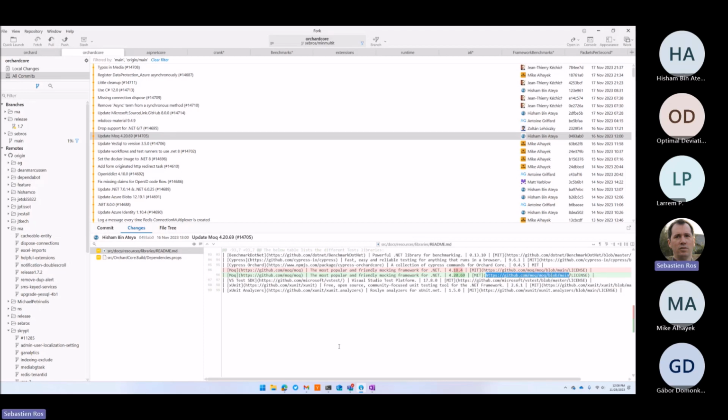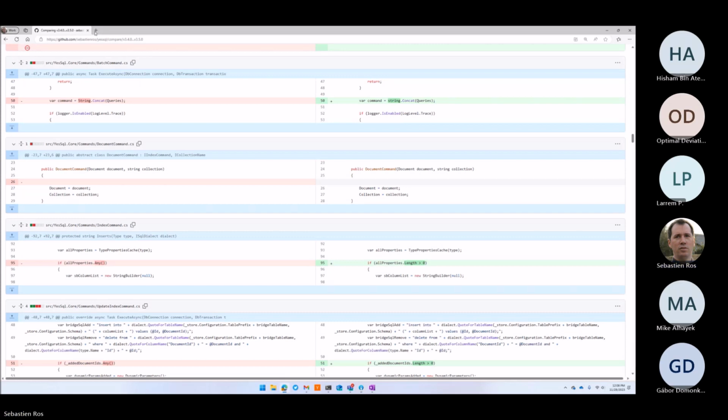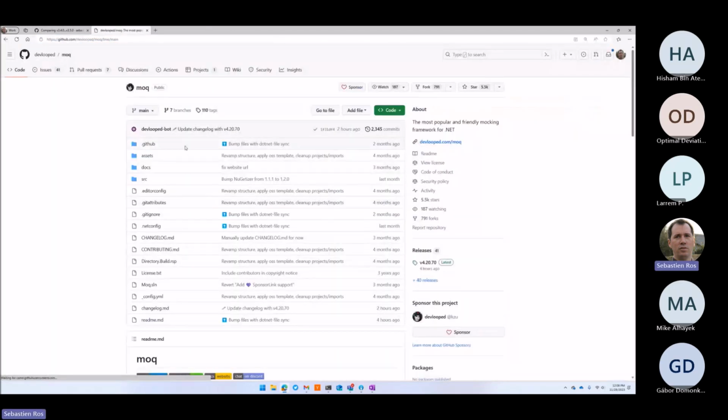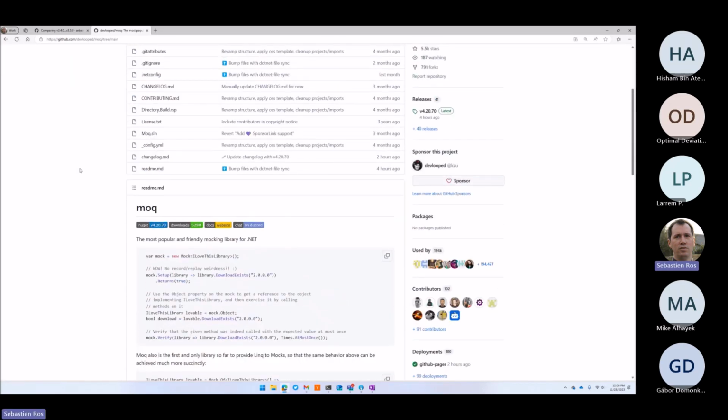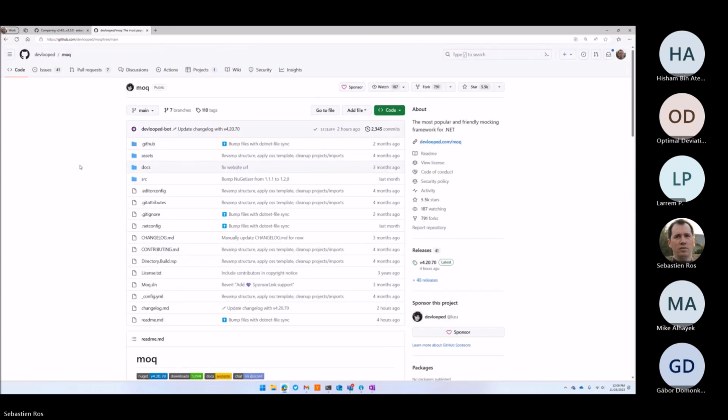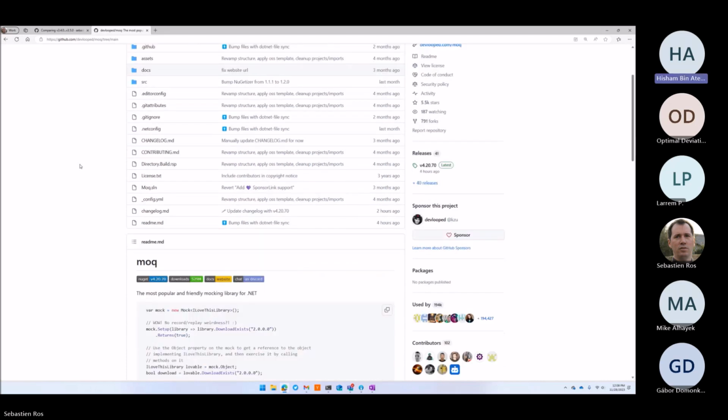So what is the version we should not take for mock? What is the version of mock that we should take? I think for 20.0.